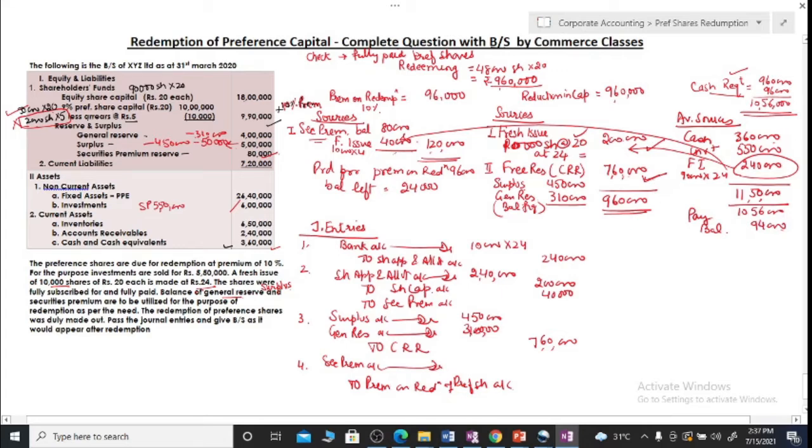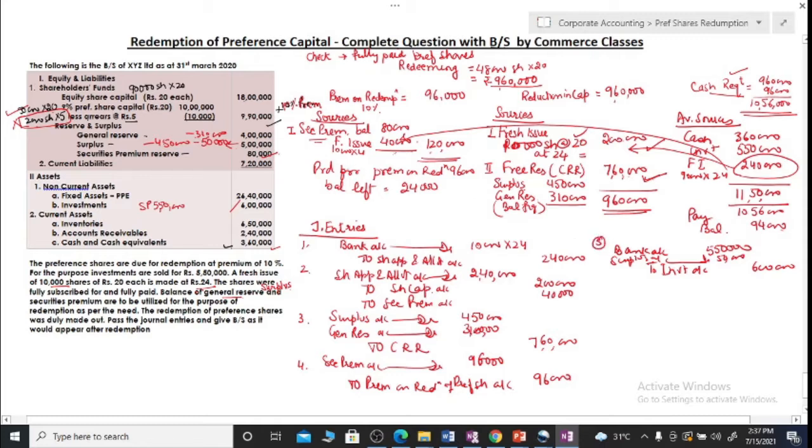Okay, now the journal entries for cash. For balance we don't need to pass any entry. For sale of investment we will pass entry bank account debit. Okay, let me just write amount here. I just forgot it here. Okay, now bank account debit to investment account. You got 5,50,000. You have investment of 6 lakh. That means there is a loss which we matched against surplus. Any loss on sale of fixed assets is recorded or adjusted in our profits. But if we have any profit on sale, then it is a capital profit. It is put into capital reserve account.